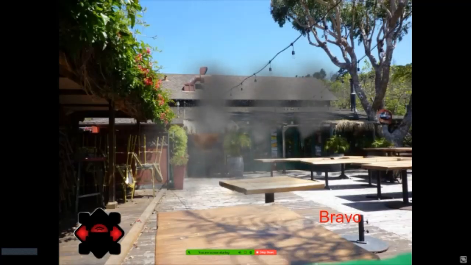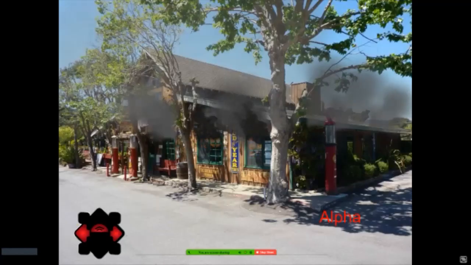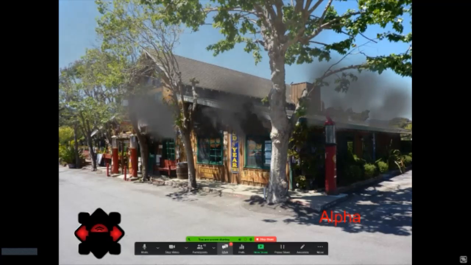And then you come around this courtyard here, and there are two entrances. There's one here by the kitchen where the heavy fire is, and there's one to the right. These are both entrances on the Bravo side. This is the Charlie Delta side. This is basically the rear. The kitchen would be back to the right over here. And here we are back at the Alpha side, Alpha Delta corner, if you will. Okay, so